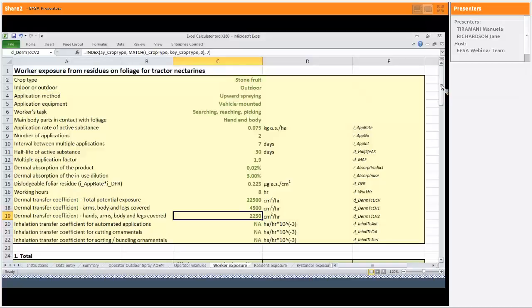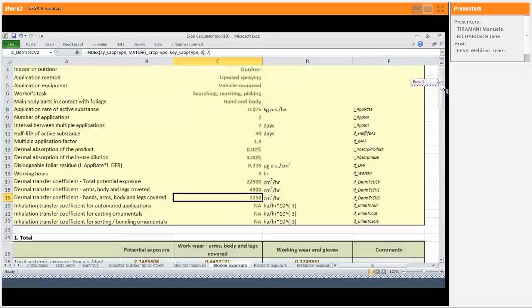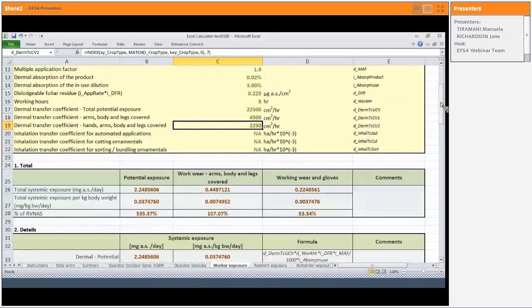Yeah, exactly. And another question, maybe something less related to this specific case, but someone is asking, what is the EFSA position about using gloves as a refinement in the worker exposure assessment? Well, I think this is also reflected in the guidance. We had a discussion indeed, because we are aware that at member state level there are different views with regard to this. I think that anytime you perform an assessment and you have a certain level of